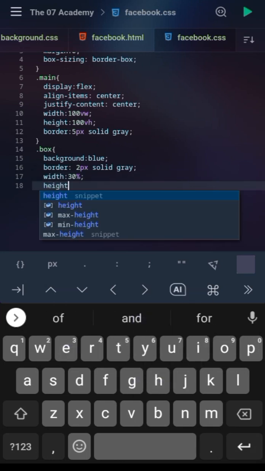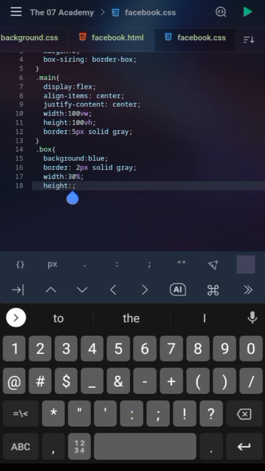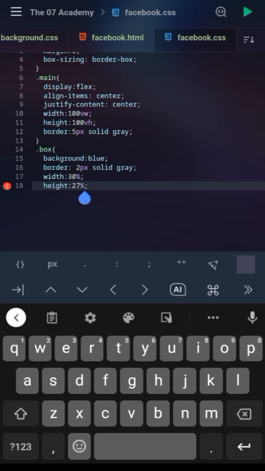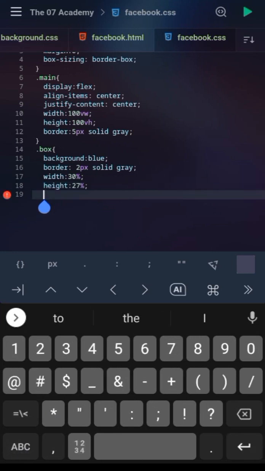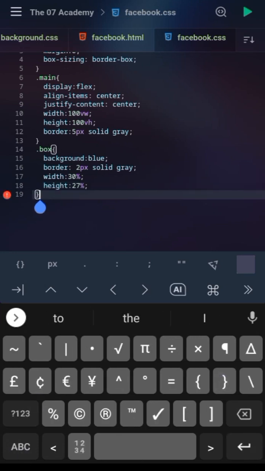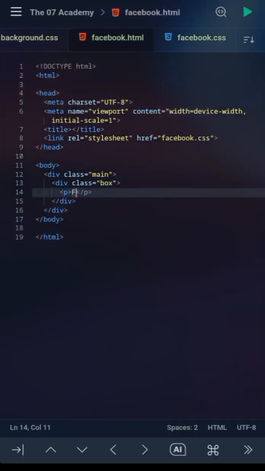And in the height I'm giving it 27% height. And here I'm going to close this because I mistakenly opened it, so I've tried to avoid this warning sign. So when we come to our preview,